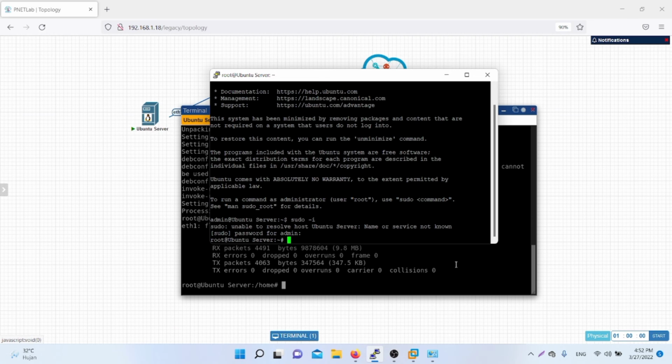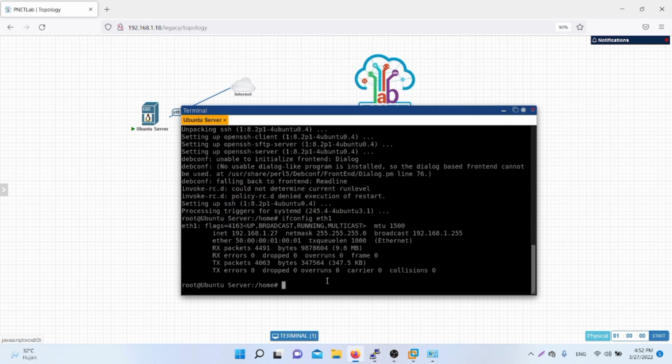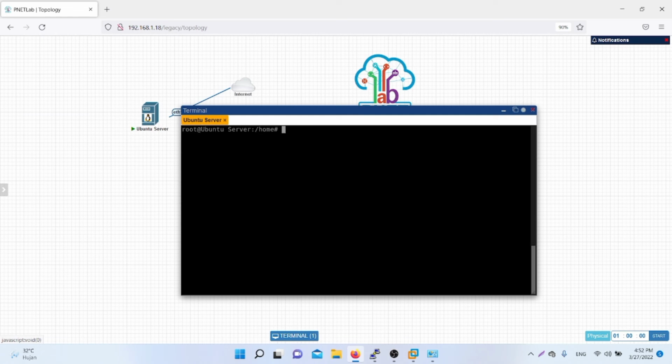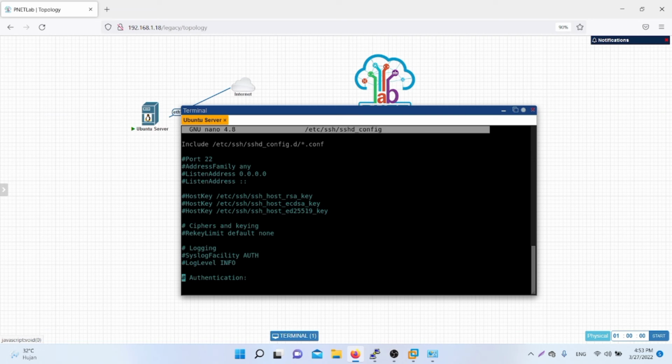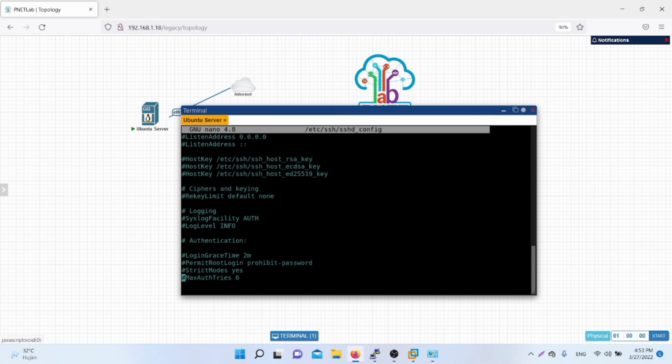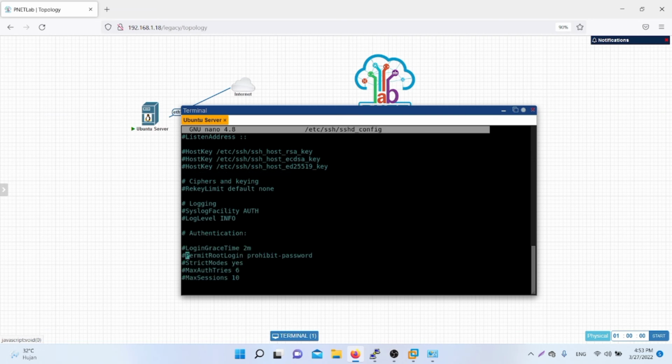We must go back to Ubuntu server in PNetLab, and we write the command nano /etc/ssh/sshd_config, and we search for PermitRootLogin prohibit-password.